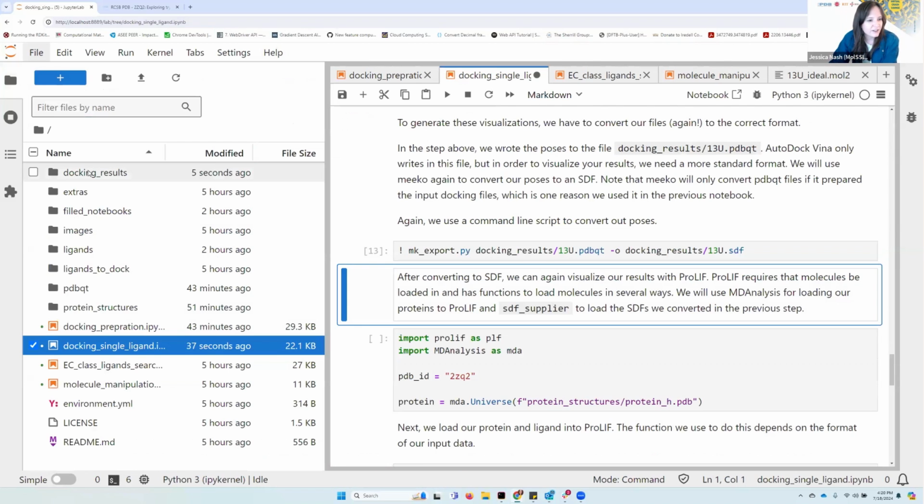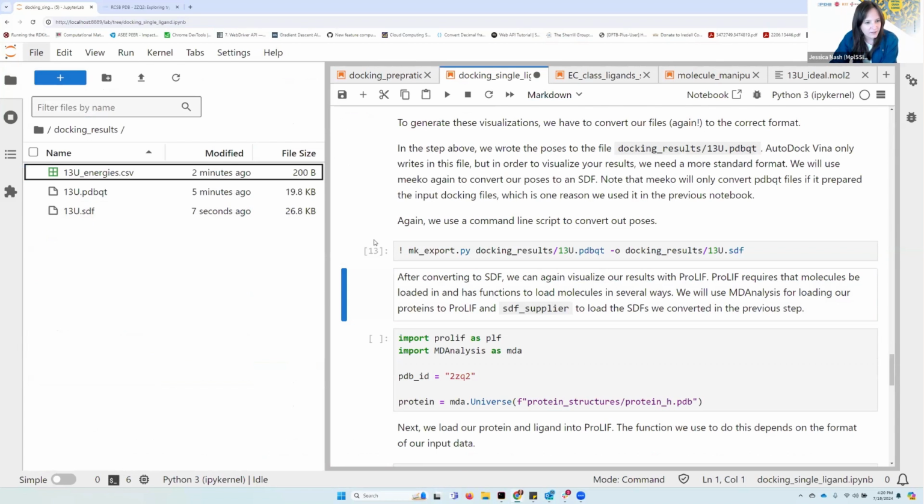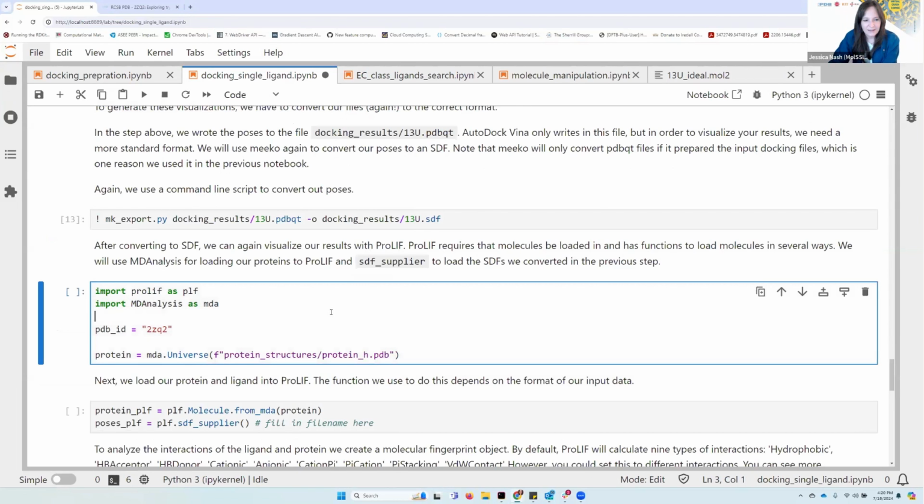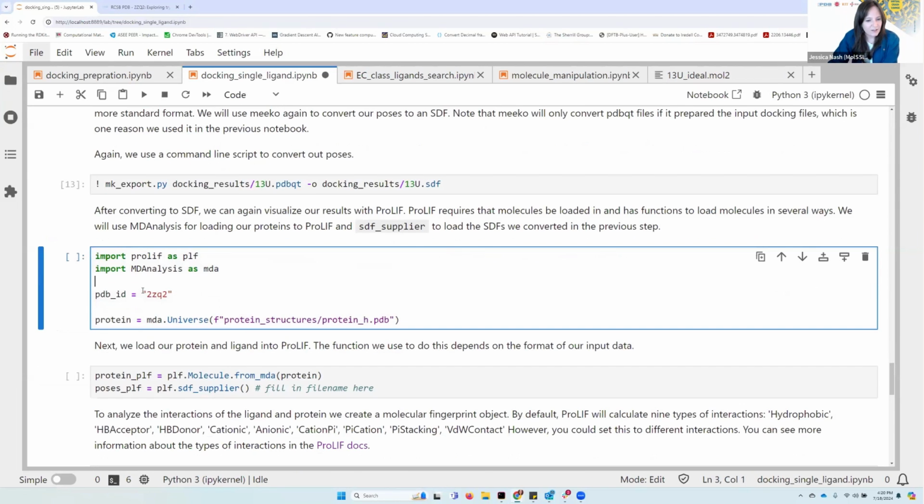And if I just take a peek again at my docking results folder, I see that I have this SDF now of my docked ligands. And now I can do my analysis with ProLif. So I'm importing ProLif as PLF. And then I'm importing MD analysis as well, because I'm going to use MD analysis to load in my protein